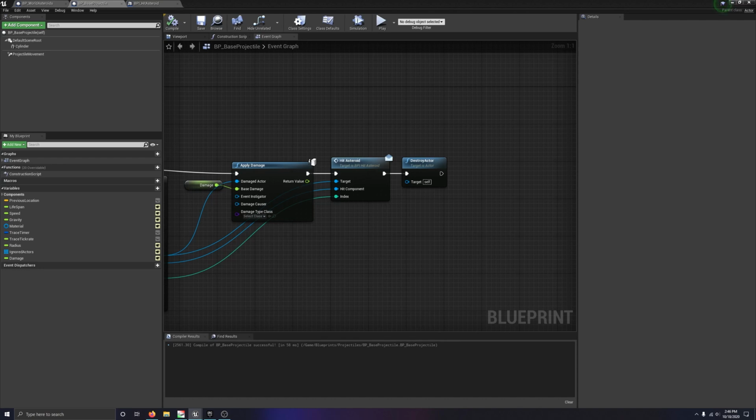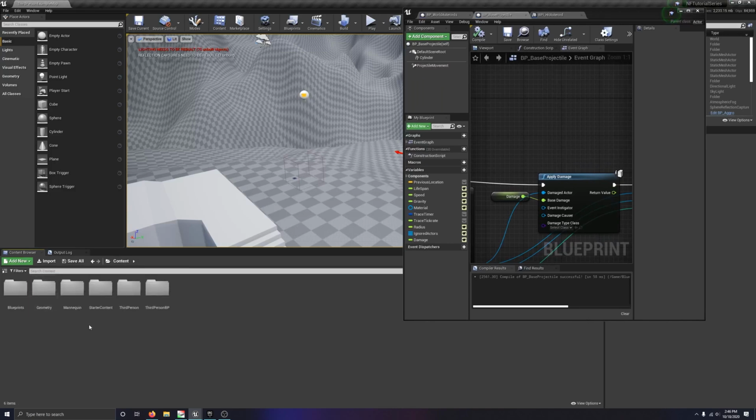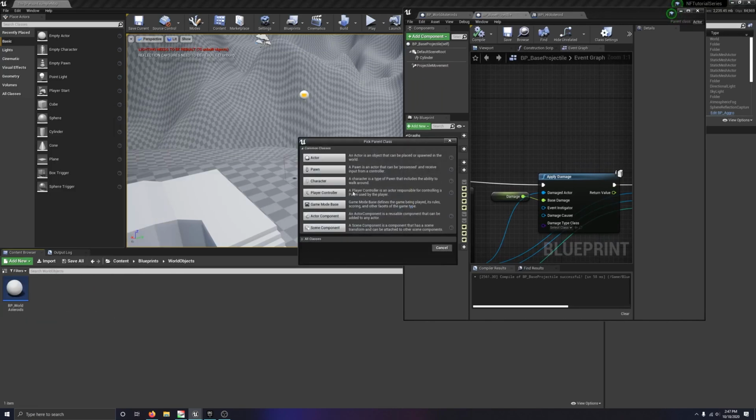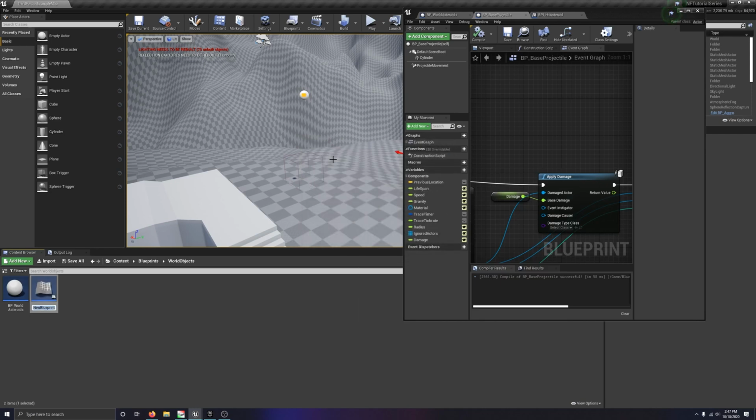And then what we want to do is make a new actor here. So we'll go back to Blueprints World Objects and we'll create a new actor, a new blueprint actor. This one's going to be called BP Destructible